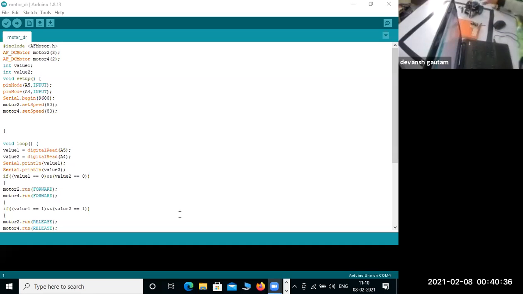So this is a motor driver, and it sticks onto the Arduino. This is the Arduino, this is the motor driver, and we plug the motor driver onto it. Some people call it a motor shield or motor driver, and this motor driver runs with the help of this header file.